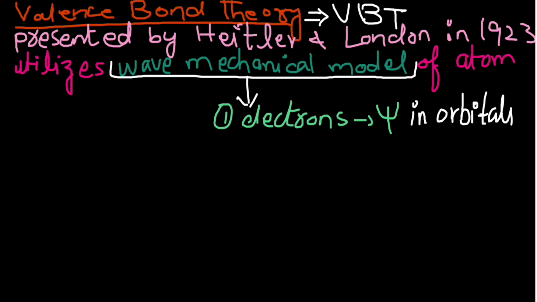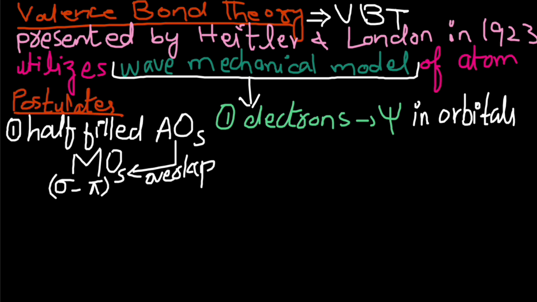So let's talk about the postulates of VBT, the postulates on which VBT is based. The very first postulate of VBT is that half-filled atomic orbitals s, p, d and f overlap and result in molecular orbitals sigma and pi. If the s, p, d and f orbitals are half-filled, they overlap and result in sigma and pi molecular orbitals. For the effective overlapping of the orbitals, these orbitals must be